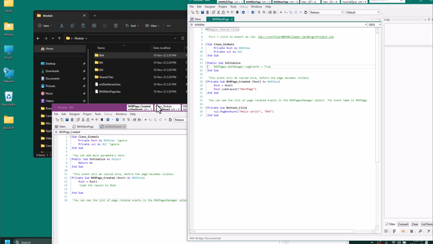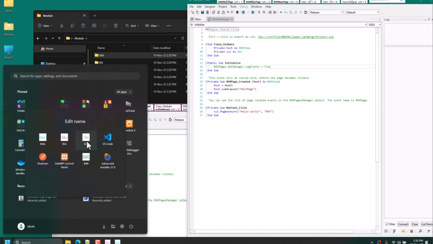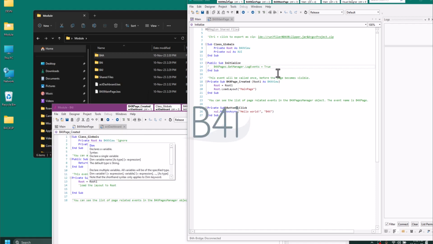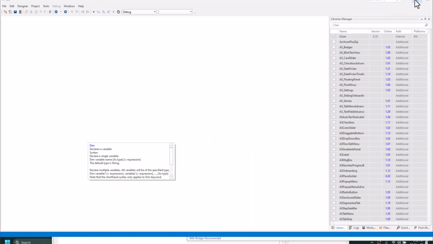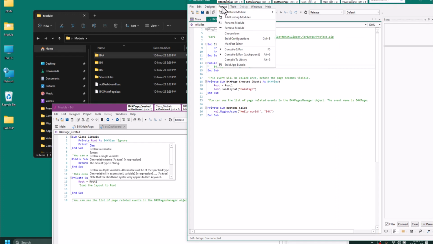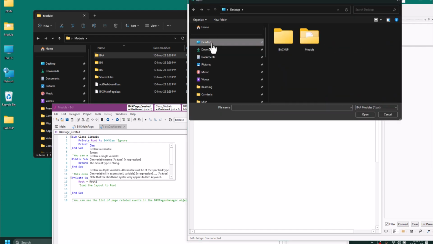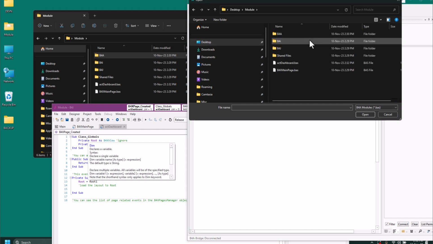To access this model from the B4A IDE, let me also launch the B4I IDE as well. To access the model from the B4A IDE, what you do is you go to project, add existing model. Now let's go to the desktop, go to the project folder which we named model. Then you can see that the dashboard is here.